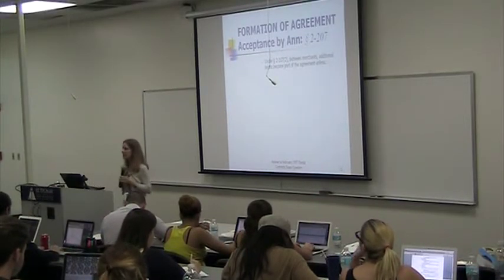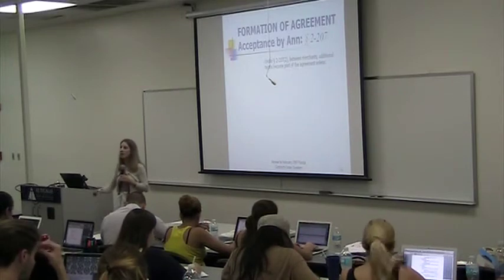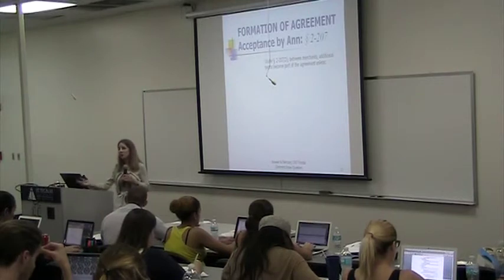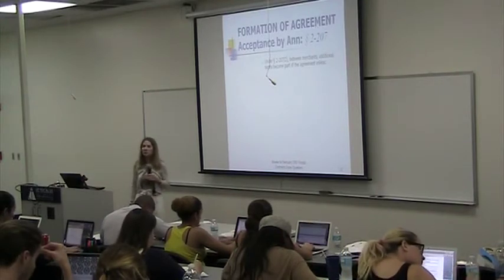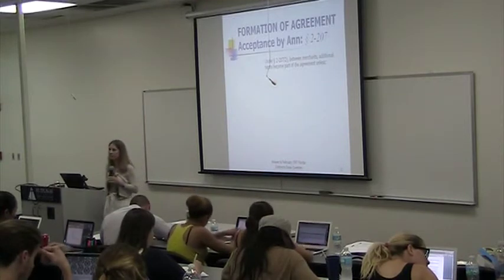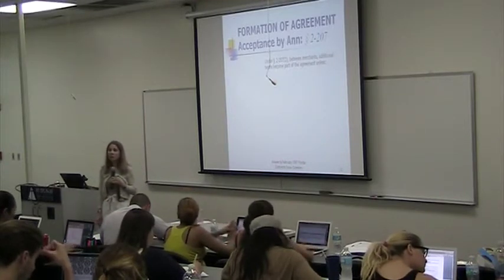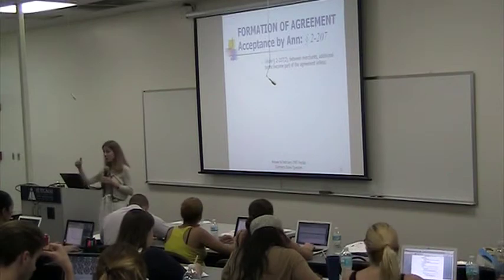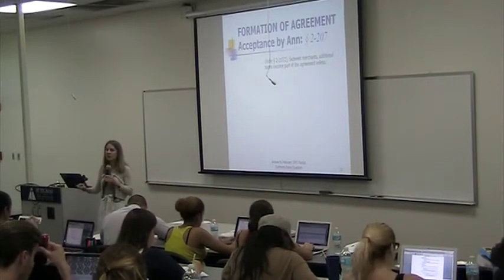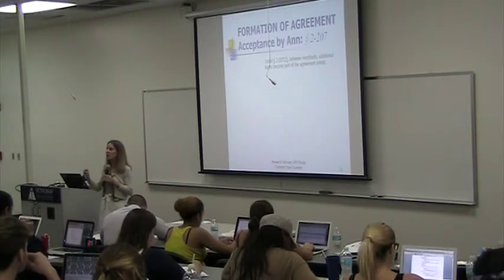The first one says that if the offer was limited to its terms, rarely the case. Be aware of it, especially for multiple choice purposes, but honestly, it's not usually what's litigated. The third one says, and we'll come back to the second one, I'm leaving it out on purpose at the moment, unless the offeror